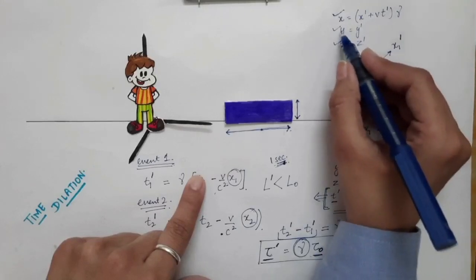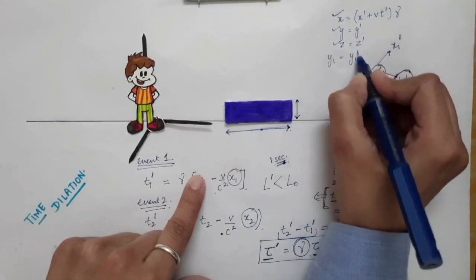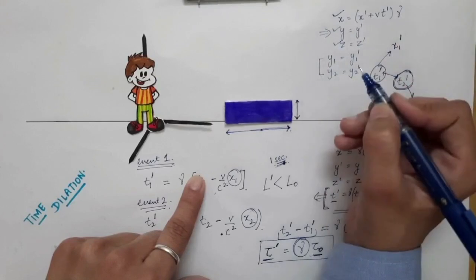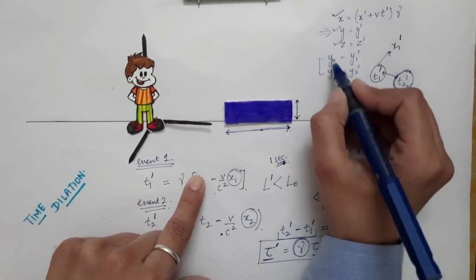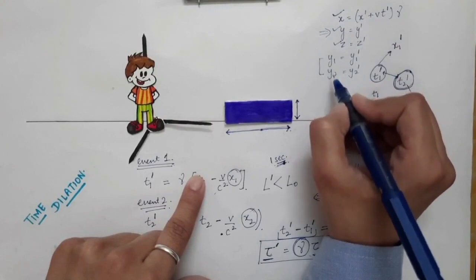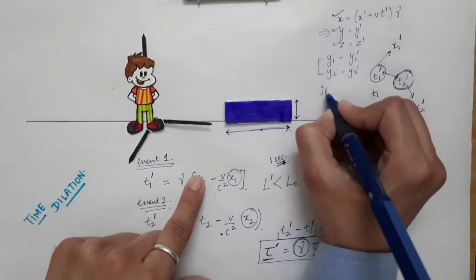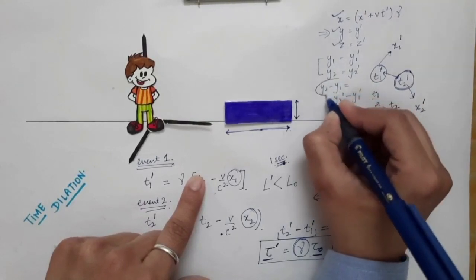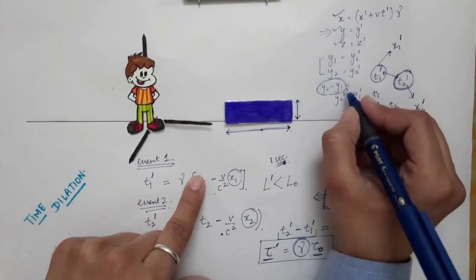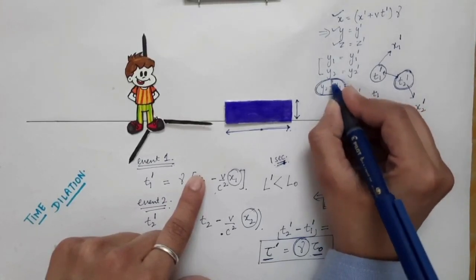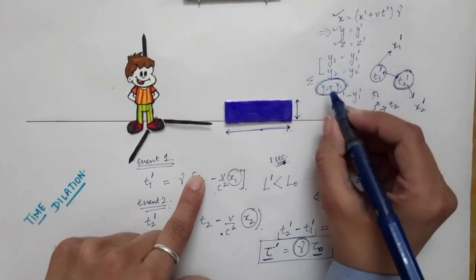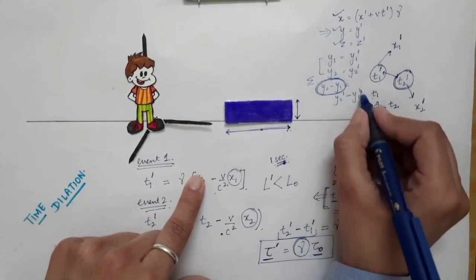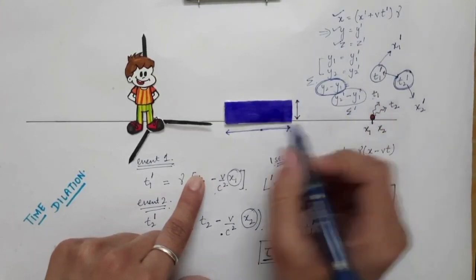we will see that from the second equation, let's say y1 will be equal to y1 prime and y2 will be equal to y2 prime. We can get these two equations for two different points along the y-axis. When you subtract these two equations, you get y2 minus y1 is equal to y2 prime minus y1 prime. This means the length along the y-axis with respect to the sigma frame, because it does not have any prime, equals y2 prime minus y1 prime, the length along the y-axis with respect to the sigma prime frame.